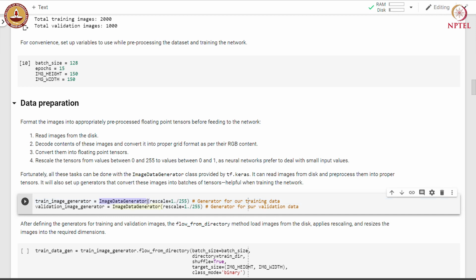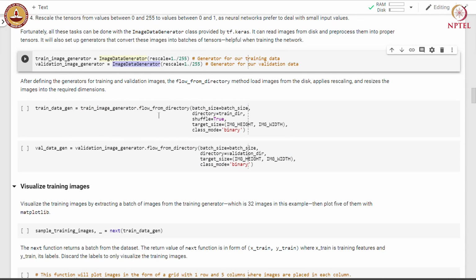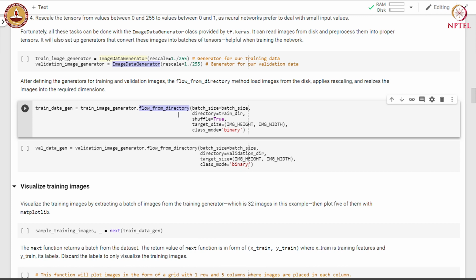So, we set up an image data generator for the training and validation set. After defining these generators, we use the flow_from_directory method to load images from the disk, apply rescaling and resizing of the image into the required dimension.